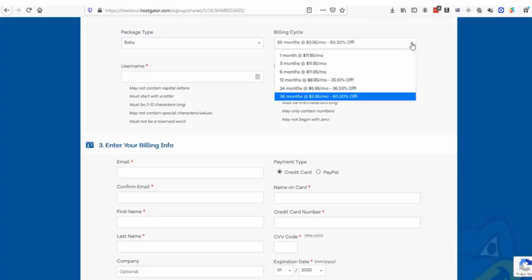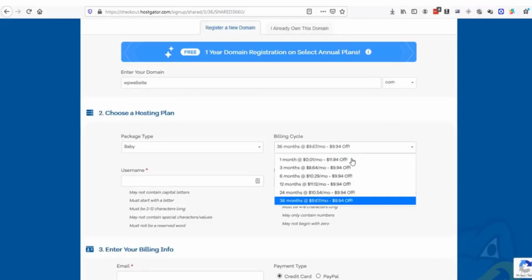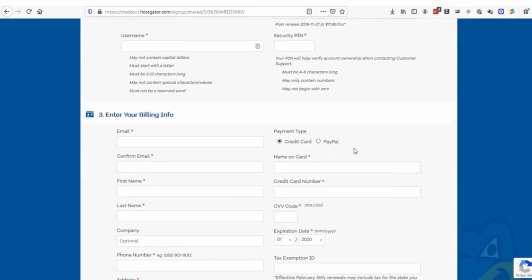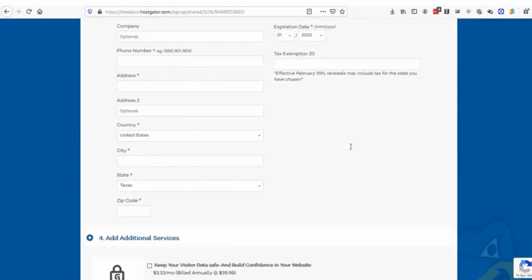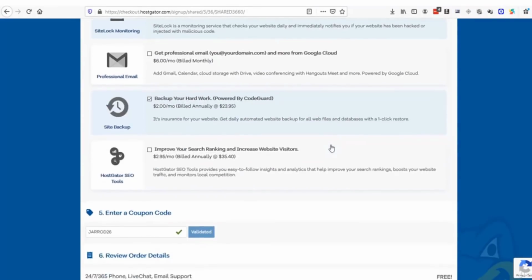So if you just want to test if your site is working, I highly recommend to use the 1 month for $12. But if you want it for a longer term, you should use the 12-month plan. That's really useful because then you don't have to repay every time, so you can use it for a year. So I'm gonna select 1 month, because I just want to try HostGator, and right over here I'm gonna